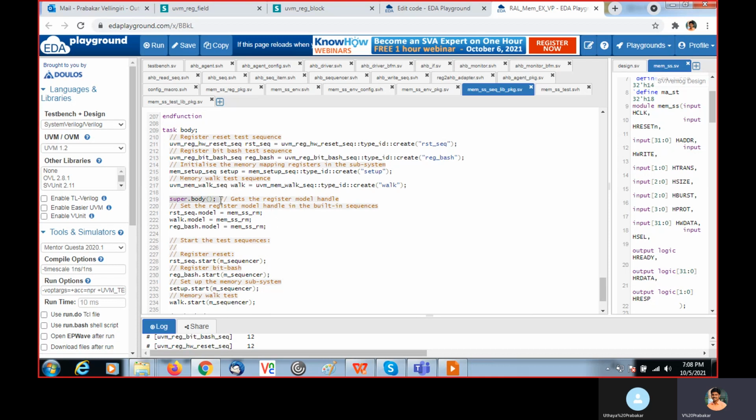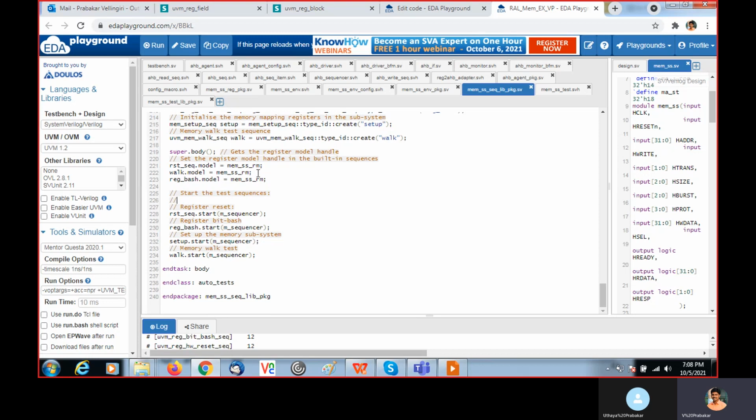We are calling super.body so that we can get the register model handle. Then this one we are getting right in this class, so that is mapped to the model which is present inside the sequence. And here we are passing the corresponding sequence to the sequencer.